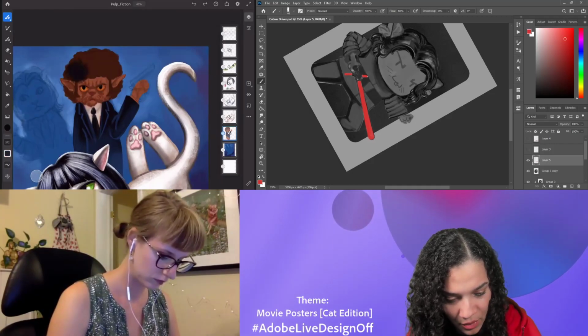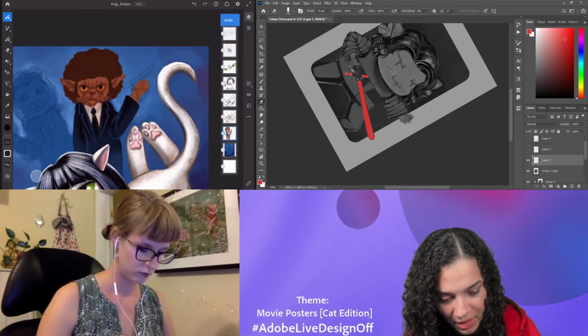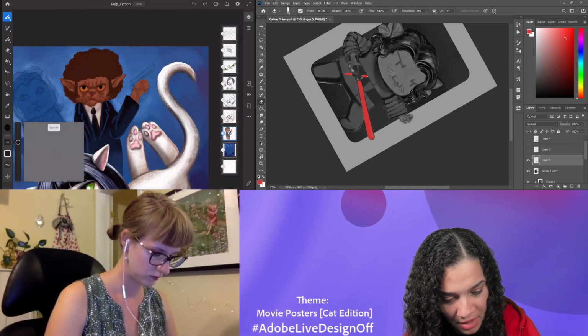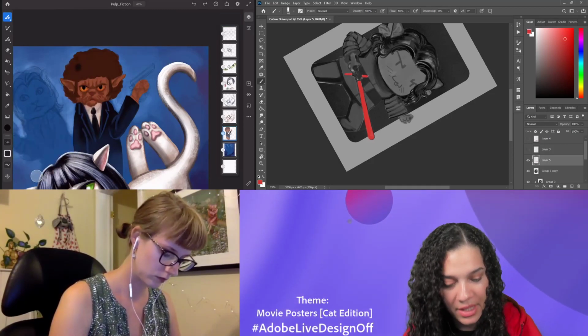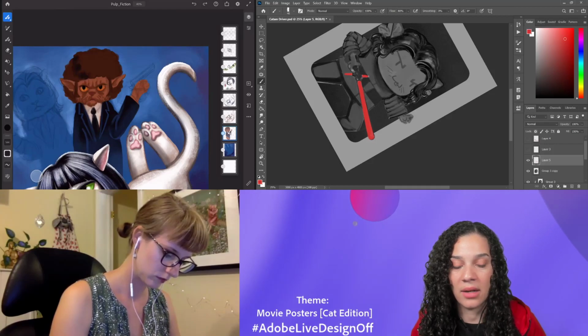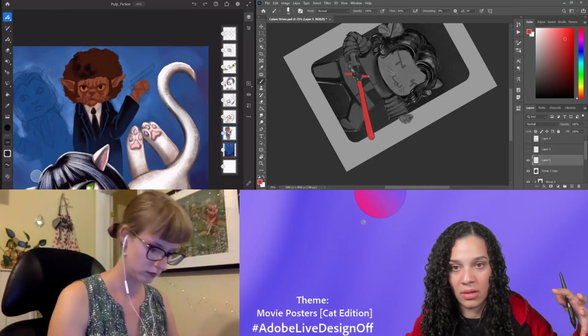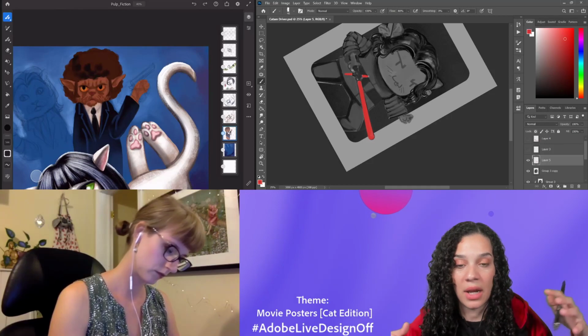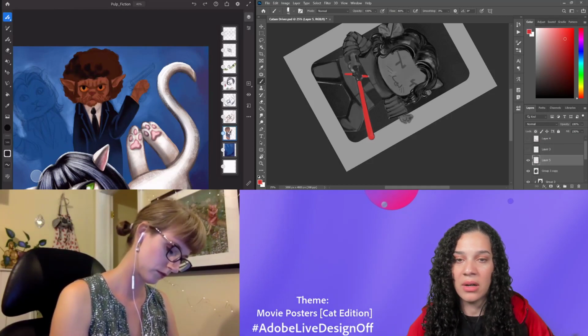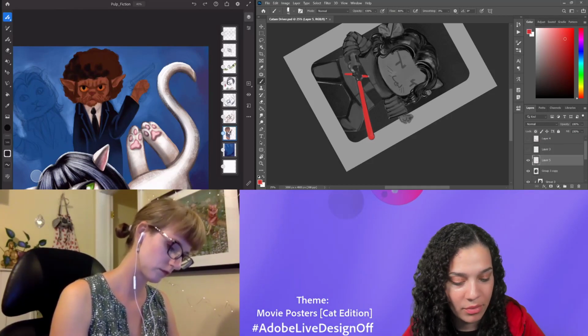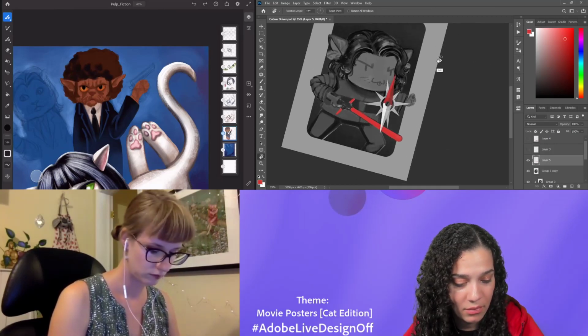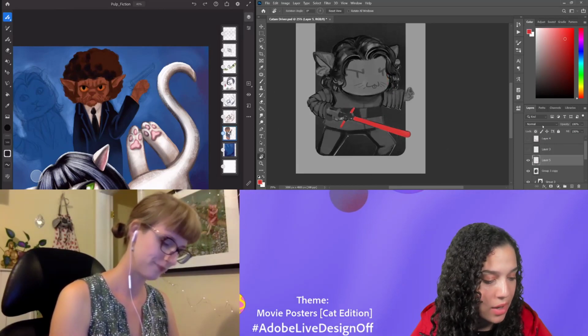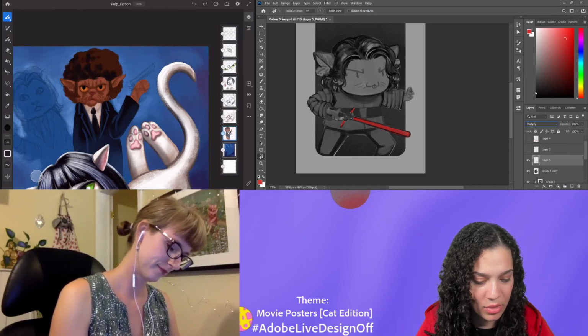And then I will do an overall paint bucket of a mood color over the entire thing, and see if that makes all the harsher colors glom in and feel like they're more related to each other. And then I will start painting in color directly, which is typically how I approach it.